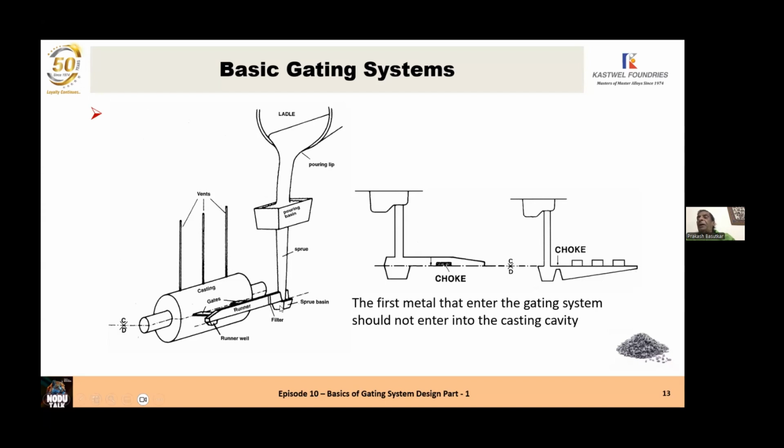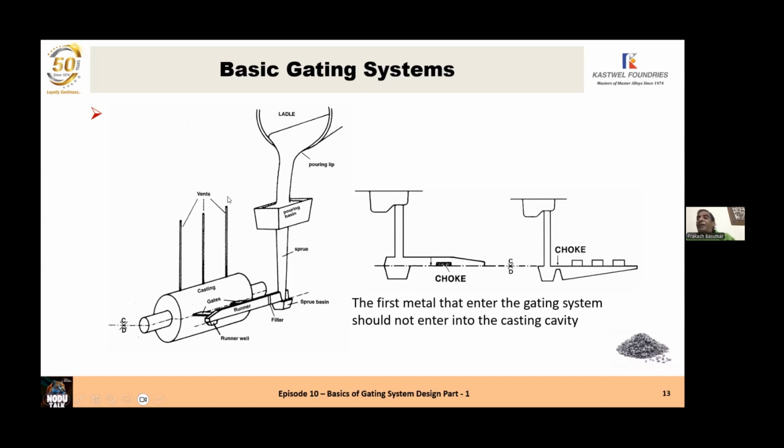From the pouring sprue basin, the metal enters the runner, which, in the case of a pressurized system, is in the cope, just above the parting line. You can see on the right-hand side the parting line, cope and drag. The cope is the top, drag is the bottom. And from the runner, we have got the ingate, which delivers the metal from the ladle into the casting cavity. In the casting cavity, we have the casting, and we have got the flow-offs